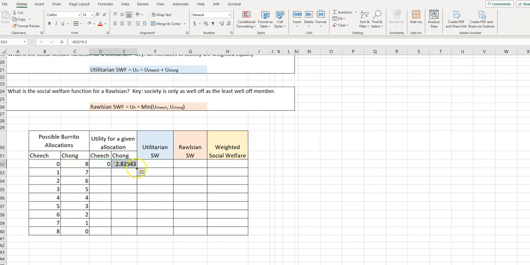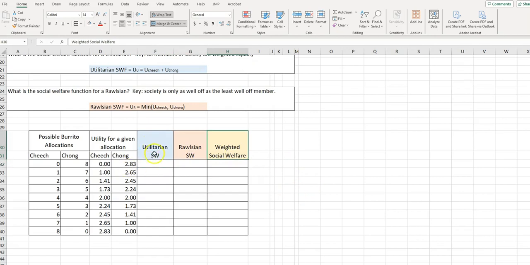So now the nice thing is we can just grab these formulas and drag them down to get the utility levels for all different possible combinations of burritos. Okay, so I'm just going to bring this down here a little bit to get some of the decimal places out of there. Okay, so given these utility calculations, now we can go to our social welfare functions and see which combinations of burritos or which allocations are going to yield the highest social welfare given these different philosophies